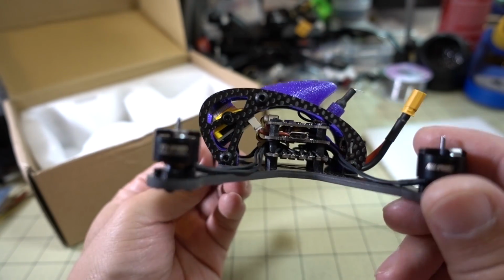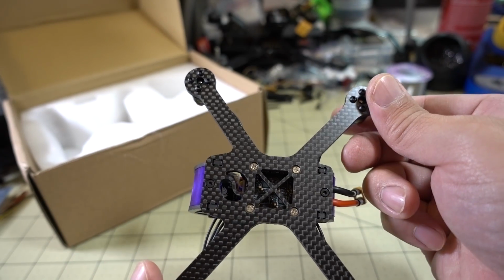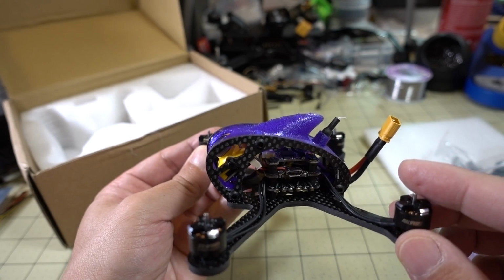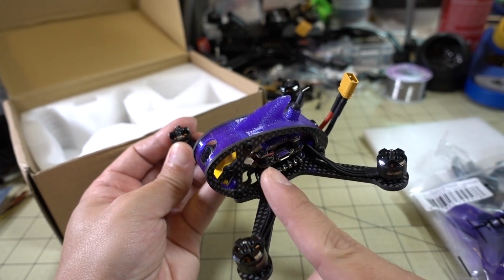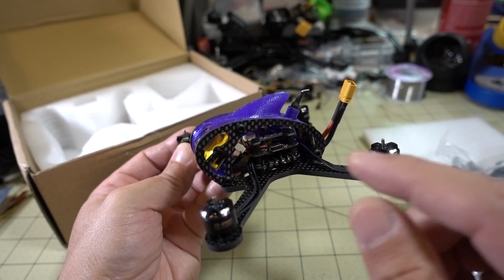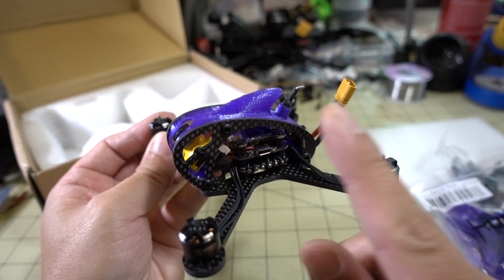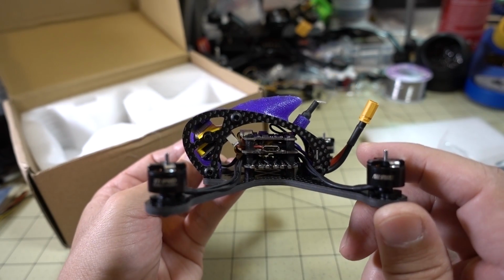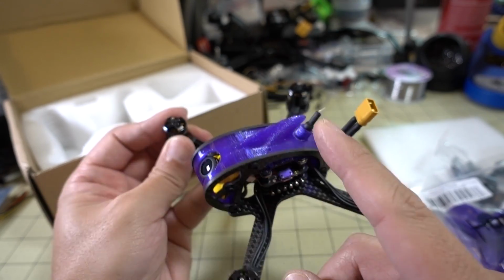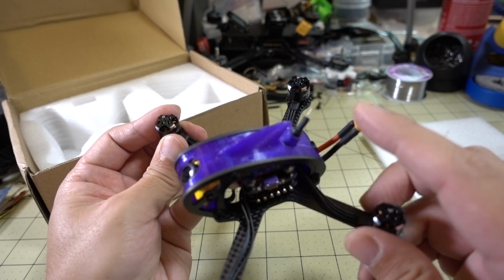Pretty nice. If you're familiar with the Leader series, it's a similar design in terms of the frame and this little egg shape here for the side plates. In the original Leader 120, you had to jam in a camera here to get that to work, and it was a fixed angle. Here, with the new design, you can set your angle. It's designed for the micro cameras now, with an updated design and a 3-board stack, so it's much bigger. You got a little shark fin here for your turtle mode, VTX antenna out here, and your